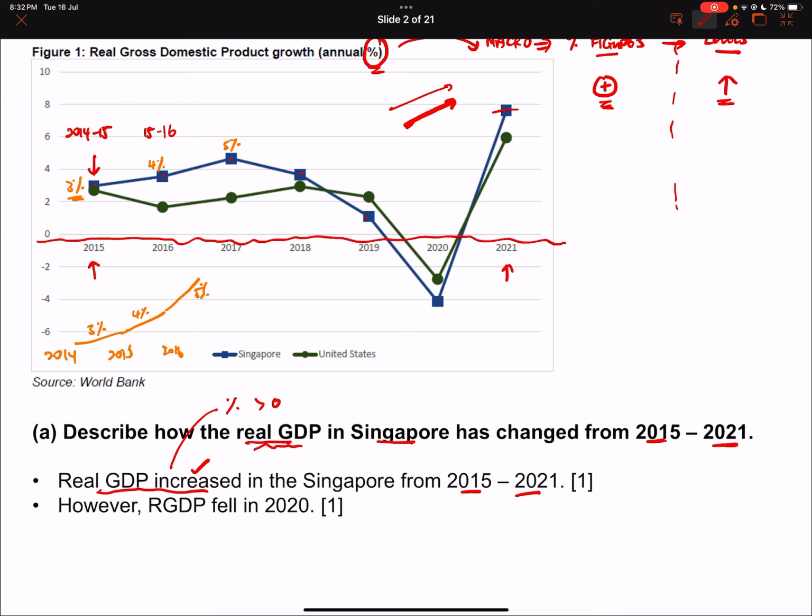But you will also notice one particular year, which is 2020. Guess what happened there. In 2020, the number was negative. If you plot, you keep going up until we hit 2020, then there's a dip, and then in 2021 it went up 8%. So if you plot the general trend, generally it's increasing, but there's a dip here. So score 1 for general trend,